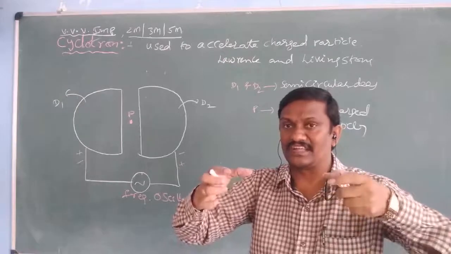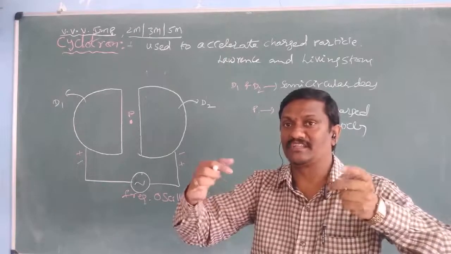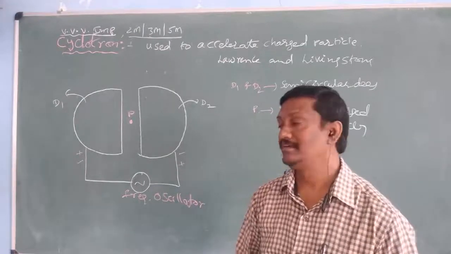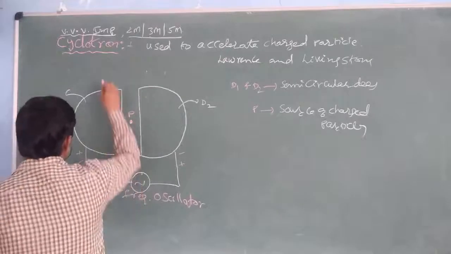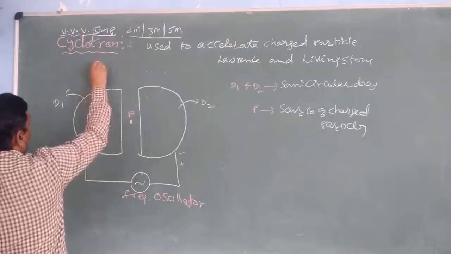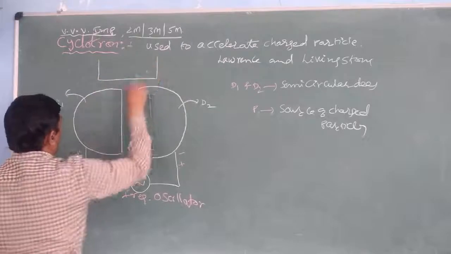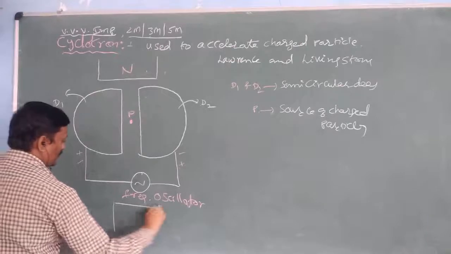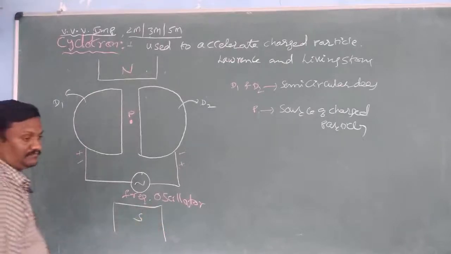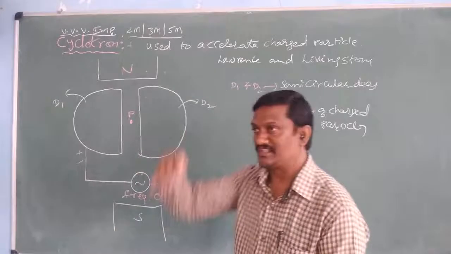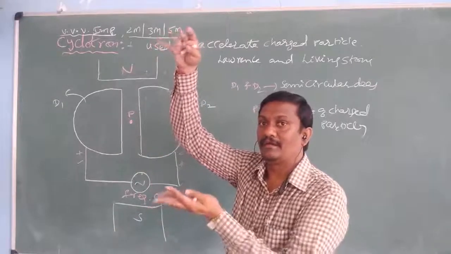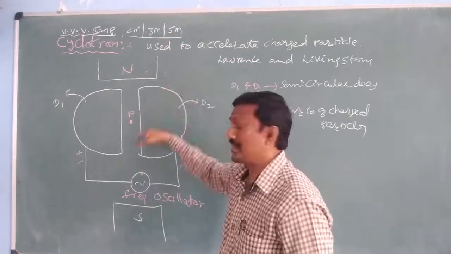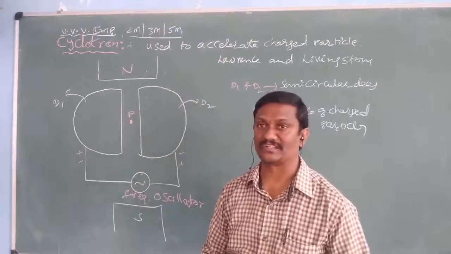The semicircular disks lie in a horizontal plane, and these moving particles are always passing perpendicular to the field. So that's why, in the vertical plane, two strong magnetic poles are there. The first strong magnetic pole is the north pole, and the second strong magnetic pole is the south pole. The strong magnetic poles lie in the vertical plane, and the disks lie in the horizontal plane. That means the plane of the magnetic field and the plane of the moving charge are always perpendicular to each other.